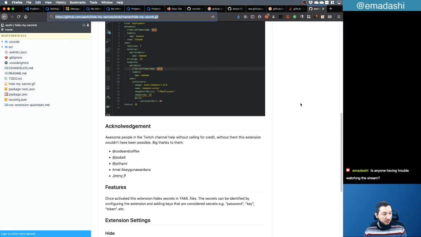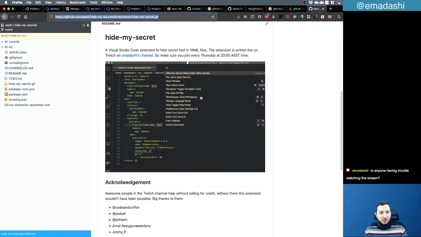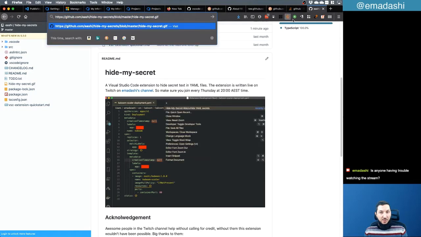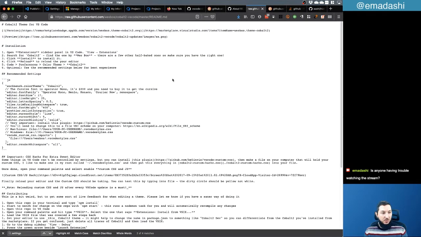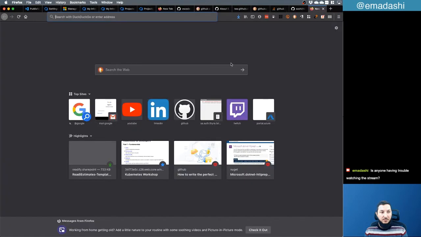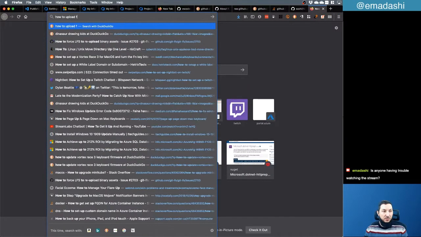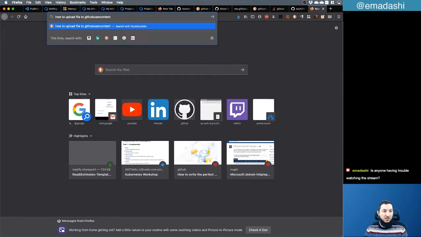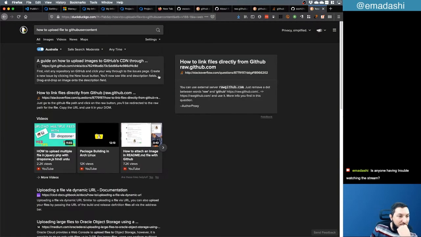How can we put raw content? Because I'm sure it's working now here fine because it's relative. But once we publish like these people do, we should have it in GitHub user content. How to upload file to GitHub user content. Just curious if there's